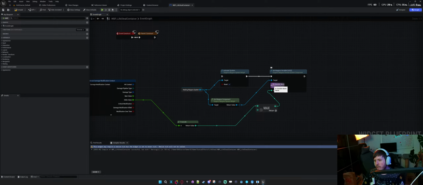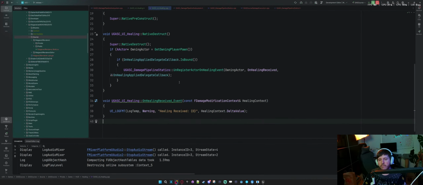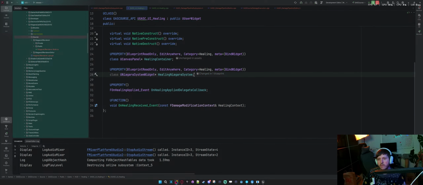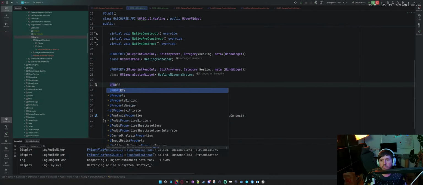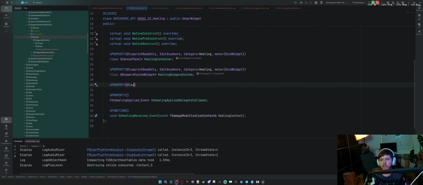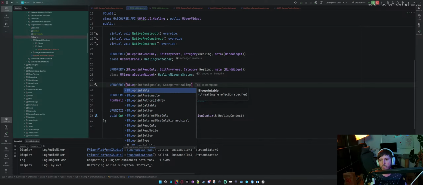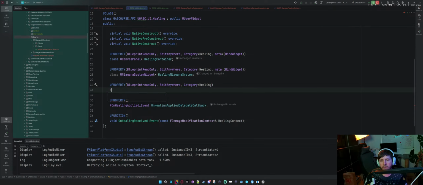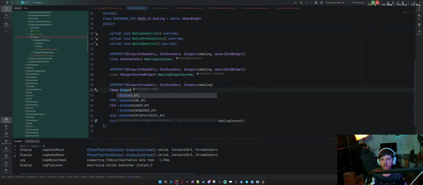So this is an f name. So let's make that a variable. So view property, print, read only, category, healing. I don't know if you can edit anywhere. Sure. F name. So Niagara spawn count.